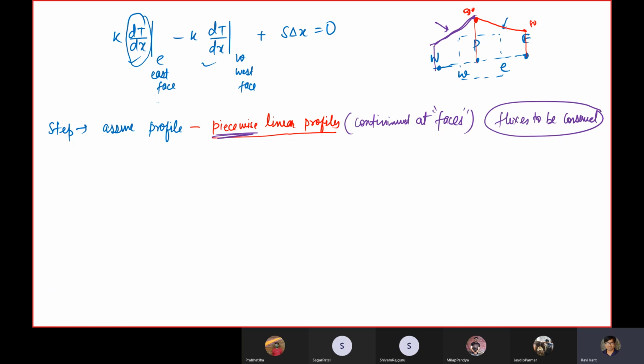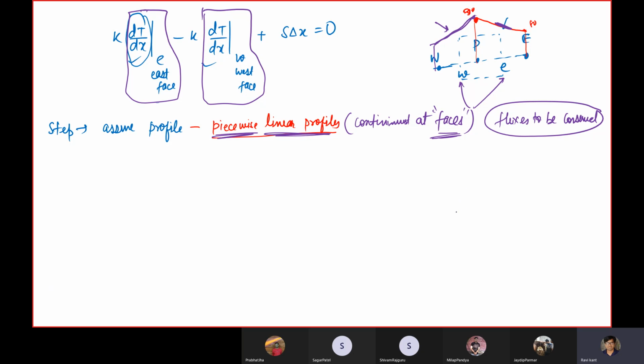Okay, so what does it mean? At least at faces your fluxes should be conserved. So that is why your slope is unique. Okay, you will have certain slope. Now you have unique slope or continuous slope, then you can redefine your slopes with those profiles. Otherwise you cannot. So this linear assumption is much more valid than